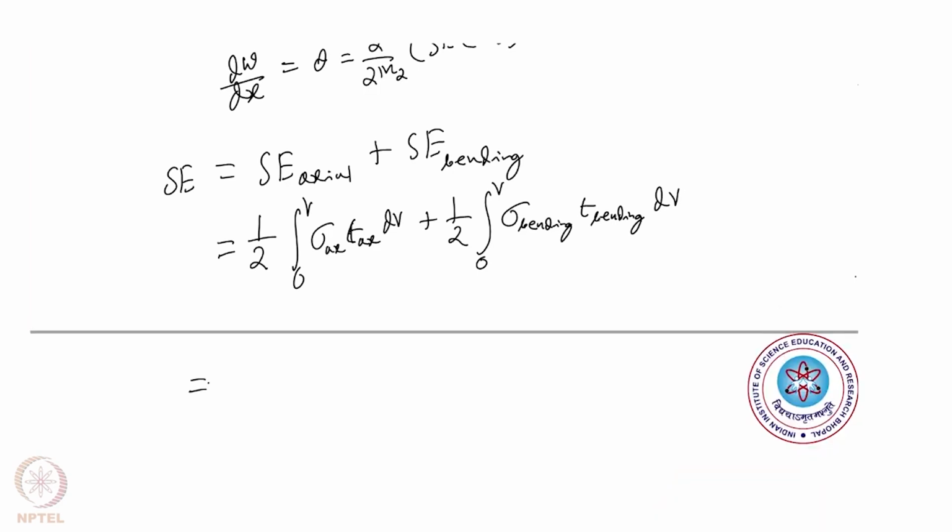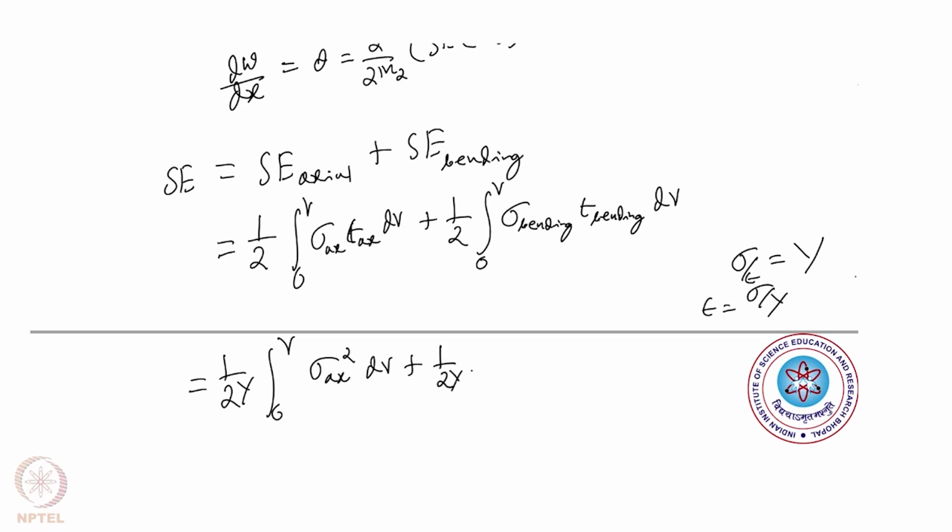Again we know that sigma by epsilon is equal to Y. So what I can write is epsilon equal to sigma by Y. So here we can write that half of 2Y into 0 to V sigma Ax square dV plus half of Y also comes out 0 to V